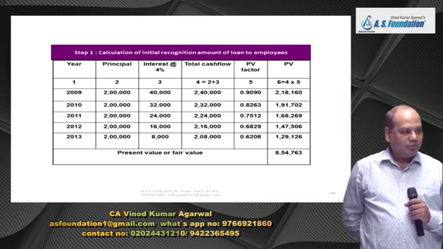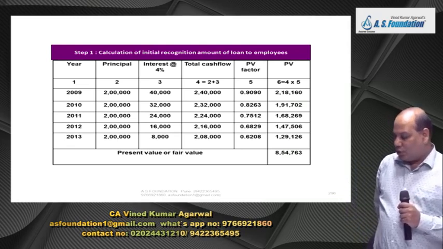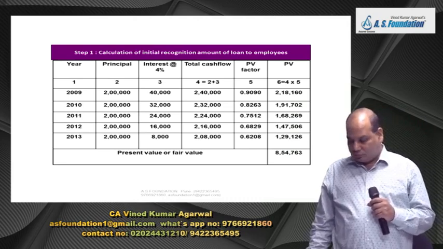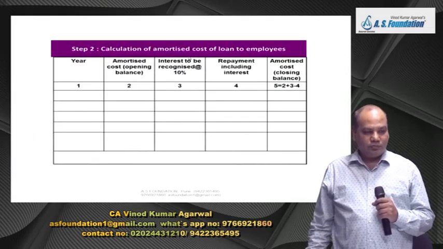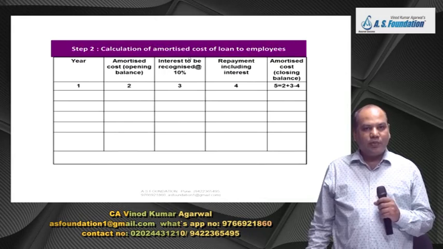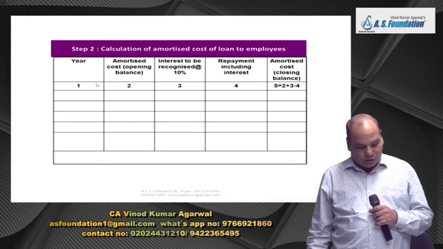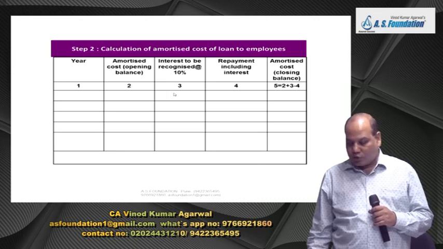Eight mark question. Very easy, bonus marks. So assuming you have done 854,763, now you prepare the amortization schedule. Those who have done, others will complete it fast. Amortization schedule. Understand the table. First column year, amortized cost opening balance, interest to be recognized, this you add,